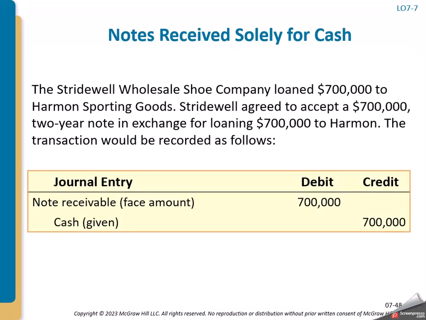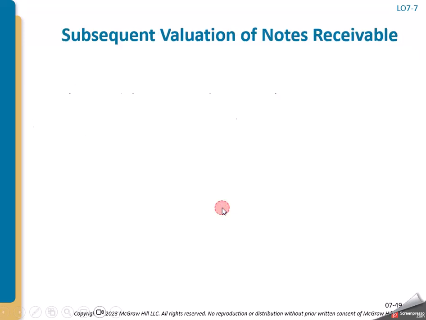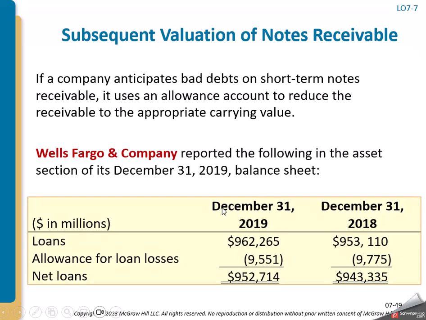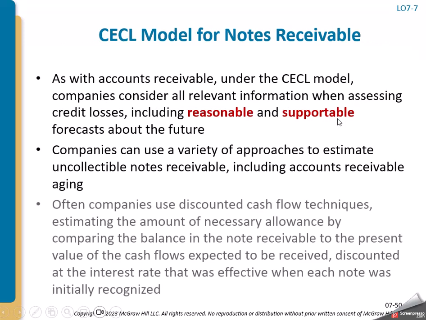If we just actually loaned money, so we gave $700,000 cash to another customer, again, we're going to set it up the same way, put it into a notes receivable and receive the cash, and we'd record the interest and all that stuff the same. But if we were in the habit of giving these short-term notes out, we have to think about them the same way as we do accounts receivable, that there could be some that don't pay us. So we would want to also have an allowance for those loan losses, again, that might not get paid.